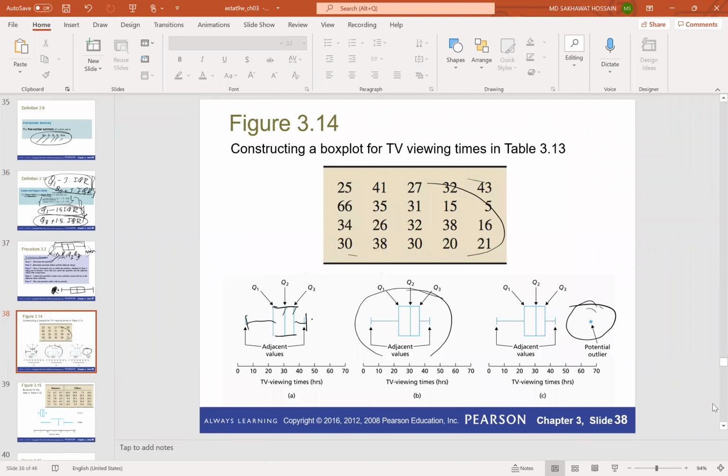Okay, so here we have an asterisk sign. That means we have 1 potential outlier. If you have 2 asterisk signs, that means we have 2 potential outliers in the data set. If you have 3, so if you have an asterisk sign here,